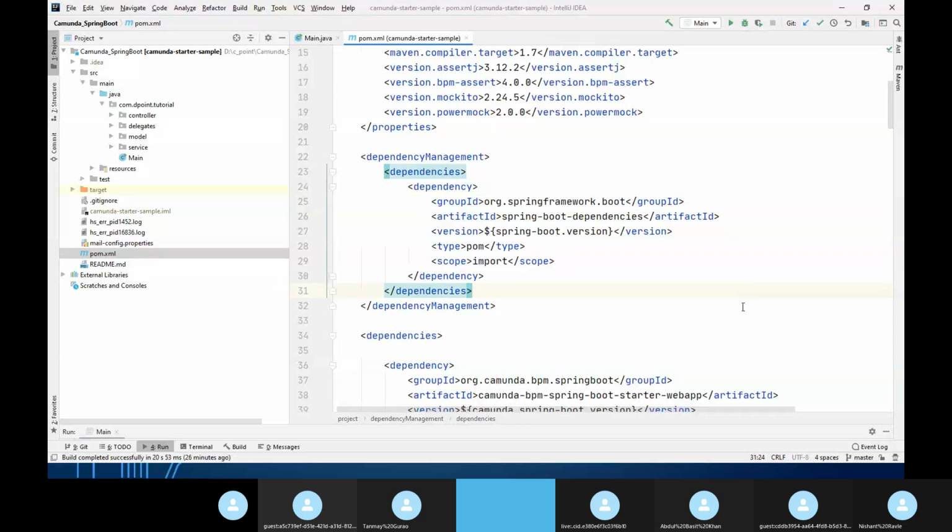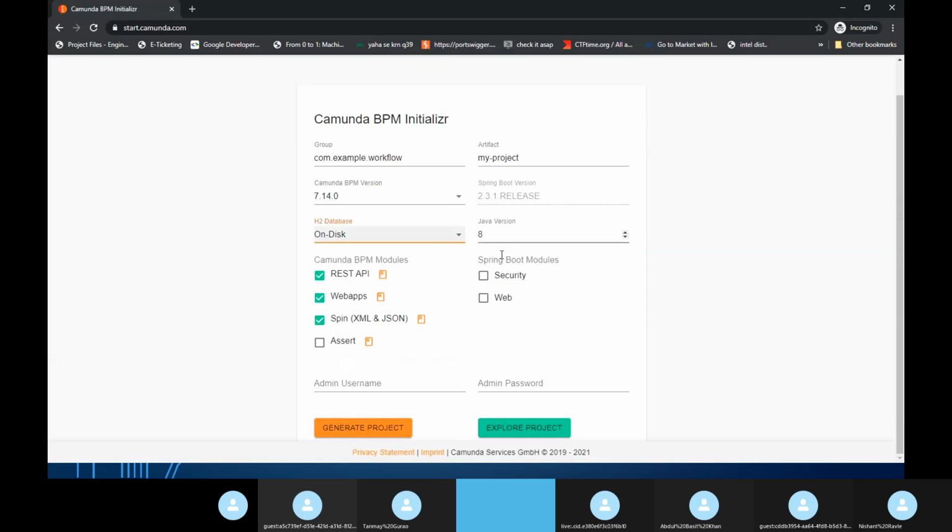Now we have Spring Boot ready. We don't need anything else. Just start this and we are good. When we start, it is asking for a username and password, which we can set. Just for the demonstration, I gave the username admin as you, and the password is also you. That's it.